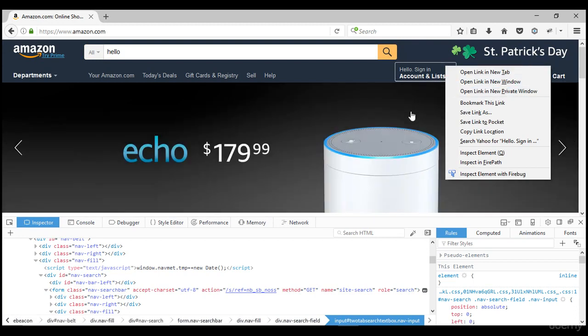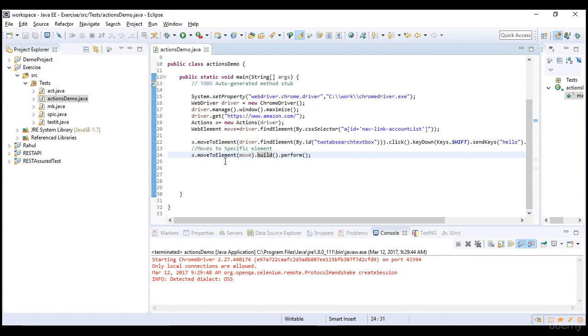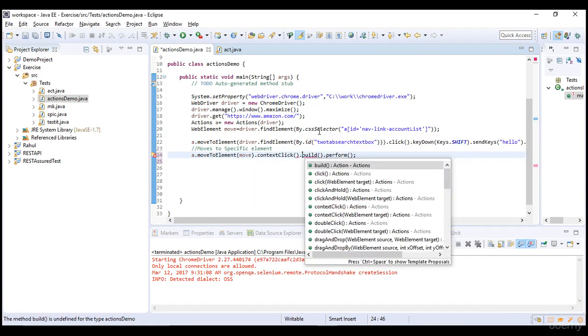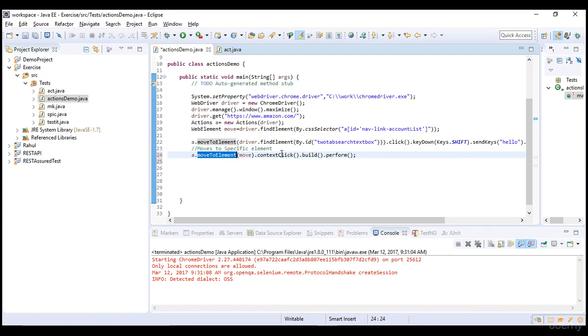Okay, let's say I want to right click there. How do you do that? So a dot move to element, and I would say after moving dot context click. So with the help of context click you can actually right click on that specific element.